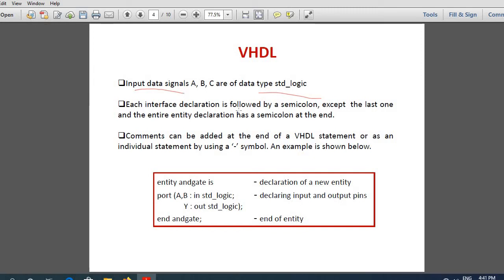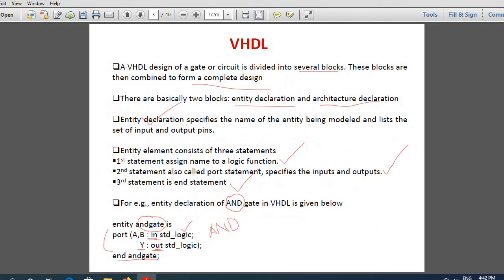Okay, now you should be clear that you use semicolons here. After the input declaration, you put a semicolon, then you write the output declaration, then the brackets should be closed, ended with semicolon. Again, the end operation should be ended with a semicolon.